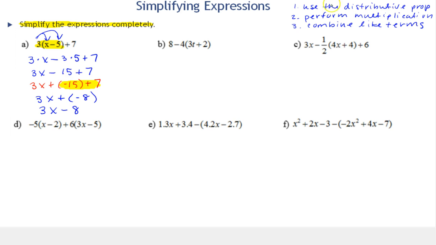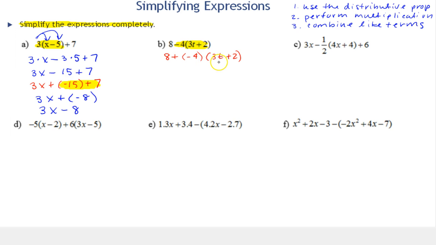So remember our plan: use the distributive property, perform multiplication, combine like terms. Okay, so here is multiplication where I would use the distributive property. And I am going to highlight that subtraction sign. Okay, and here's why. Let's rewrite this as 8 plus negative 4 times 3t plus 2. Okay. Now remember, we can rewrite subtraction as addition of the opposite of this number, so that's what I did